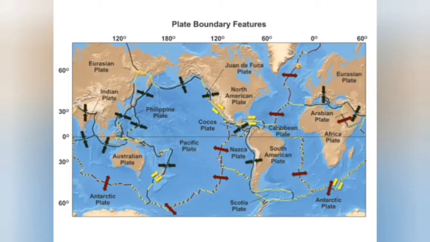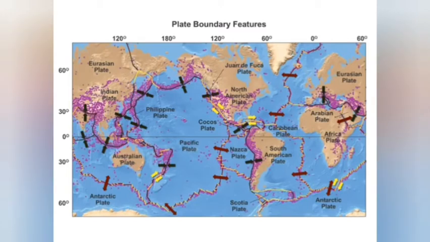You notice that the plates, some are very large, some are a little bit smaller, but they're all moving. And what that means is that there's lots of action at the places where plates meet. For example, that's where we find all our earthquakes, shown here with pink dots. That's where we find all our volcanoes, shown here with red triangles. And this is also where we find a lot of the Earth's active mountain ranges. So keep in mind that all seismic activity, earthquakes, volcanoes, and mountains, tends to happen at or near these boundaries between plates. Which brings us to those boundaries themselves.